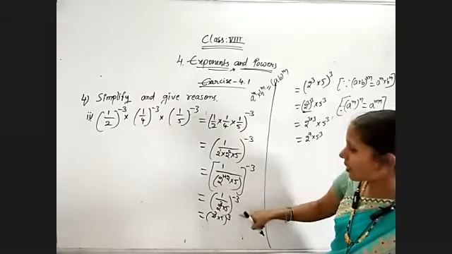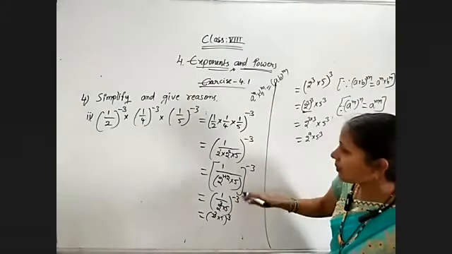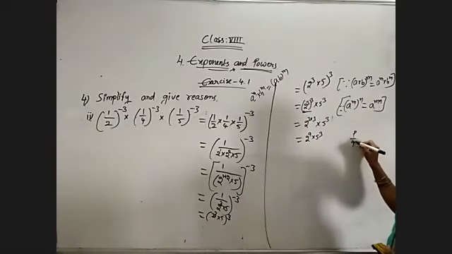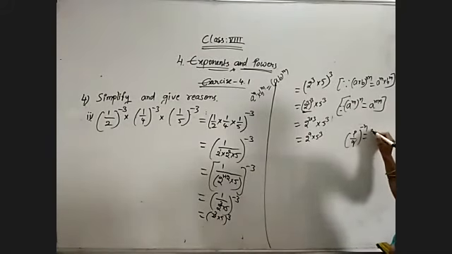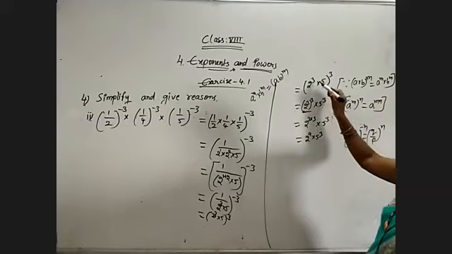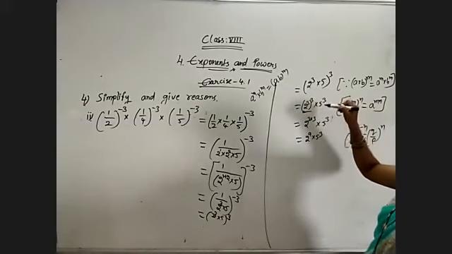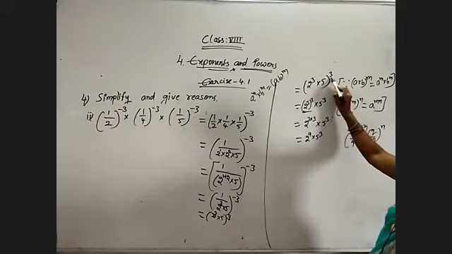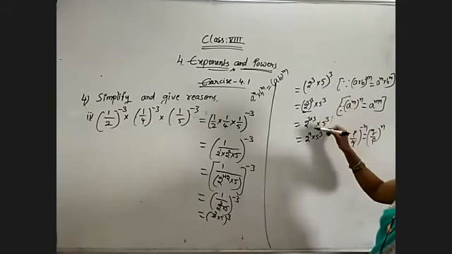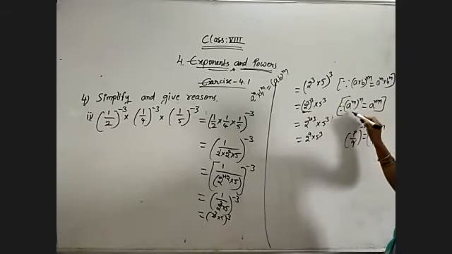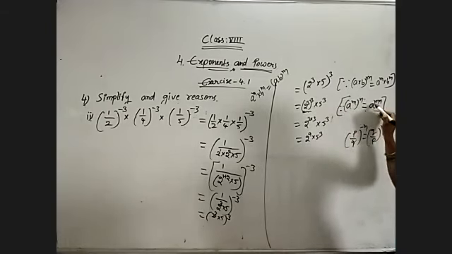Yes or no? So now again we are getting the (p by q) whole power minus n formula. (P by q) whole power minus n is given by (q by p) whole power n. So q by p, by doing that we are getting 2 cube into (5 by 1) whole power plus n, that is plus 3. So by simplifying that, again we got (a power m) whole power n. What is that? Exponent to exponent: a to the power of m into n.